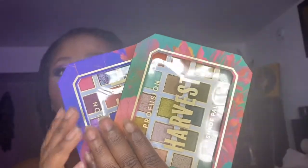These are palettes to be seen, to be shown out there. These Profusion palettes, thumbs up, double thumbs up. And I just might dive more into their palettes sooner or later, so we'll see. Loving the eyes. These shades come in like we're here to stay, we're here to show ourselves, and there's nothing you're gonna do about it. What you gonna do about it? The mattes are nice, the pigmented shimmers really popped, so it is a very nice palette to play with for $8 or so. I believe it was. Or this drugstore palette, I mean,